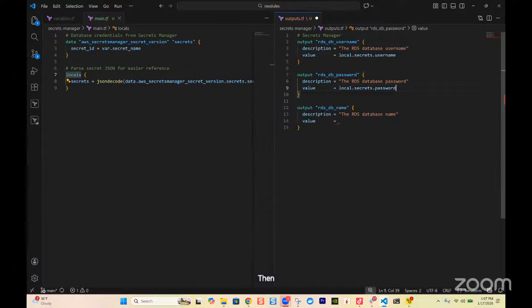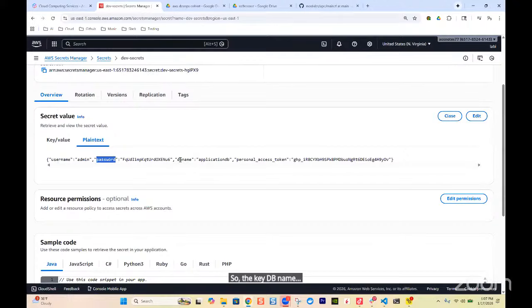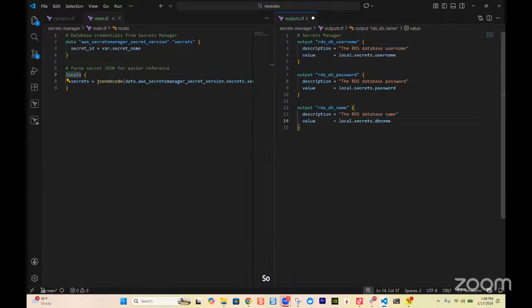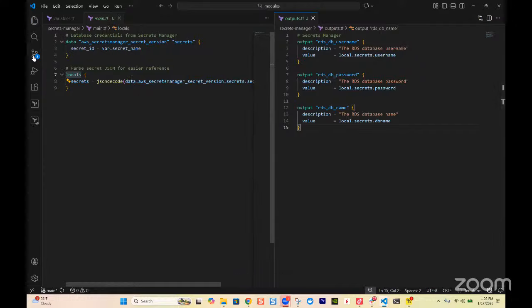Then we'll do the same thing for this RDS DB name, right? So it will be local dot secrets dot the key, right? DB name. So the key DB name is called here DB name. So copy that and paste it here. So that's all we need to do for this one, right? So we'll just save and push,